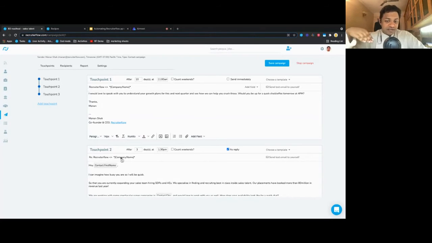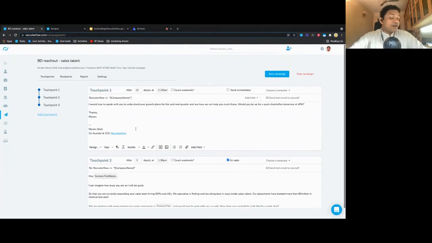You can go up to 50 touch points, and you can send out the first email. You don't get a response, wait for X number of days, send out the second email, and so on and so forth. And Recruiterflow will automatically detect any responses that came through and will stop the campaign,